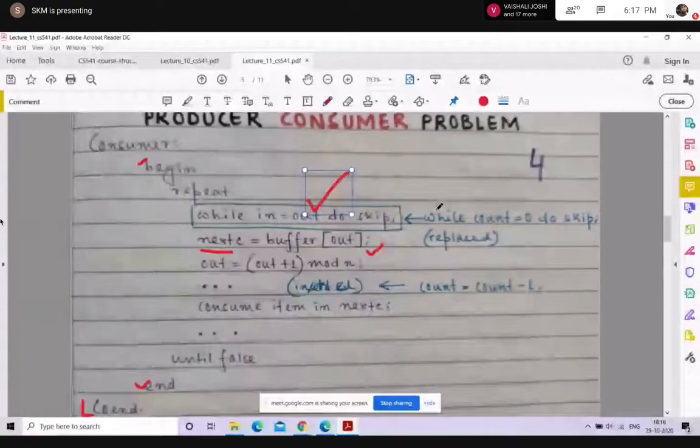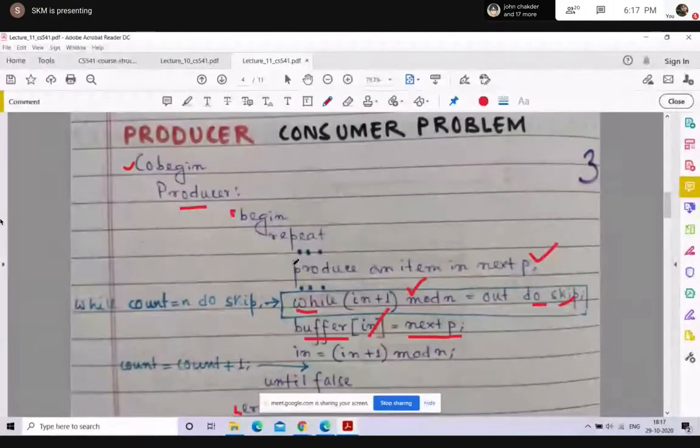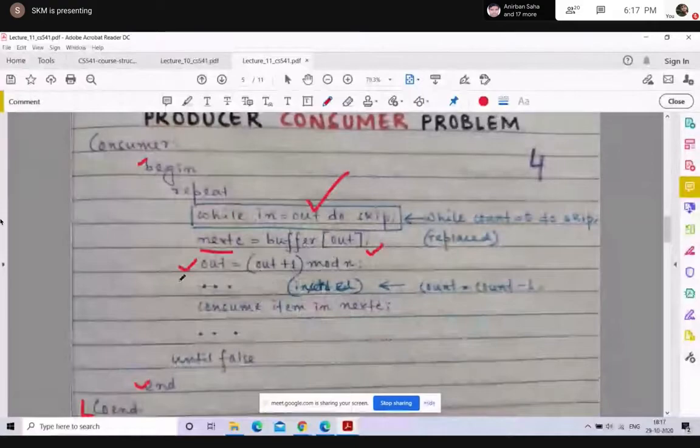And then it will modify the pointer out in the next step. So that is where the while loop in the producer process will be broken. So if you remember the producer code, the condition for the producer process was this one, to come out of the while loop. So this is the out statement which will be broken from here in the consumer process. When your consumer process operates, it increments the out statement, and herein your while loop for the producer process gets broken.